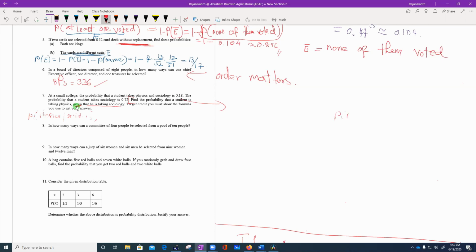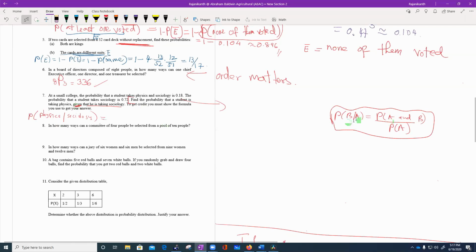So I am using the conditional probability formula. The probability of B given A is given by P of A and B, divided by P of A. If you compare this formula with the problem here, my event B is physics and my event A is sociology. Therefore, if you plug those A and B into the formula, you will get the probability of event A, sociology,